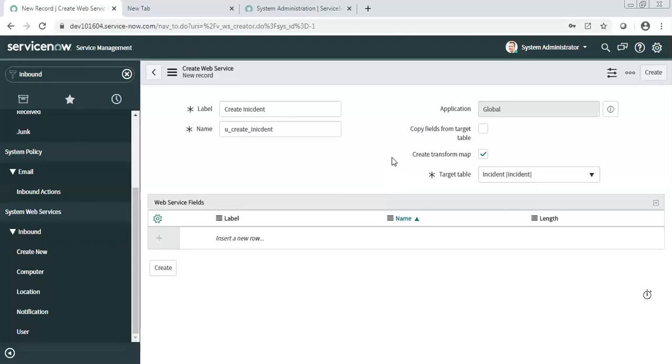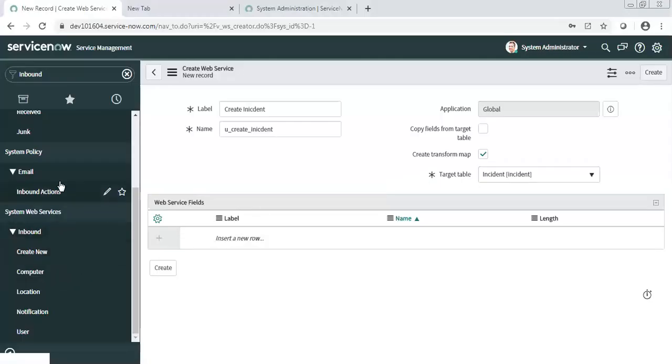Now you can save this, and then you need to create the fields in your import set table. Previously we were sending the data of priority and all those things.